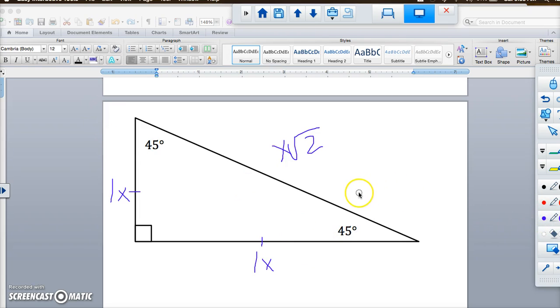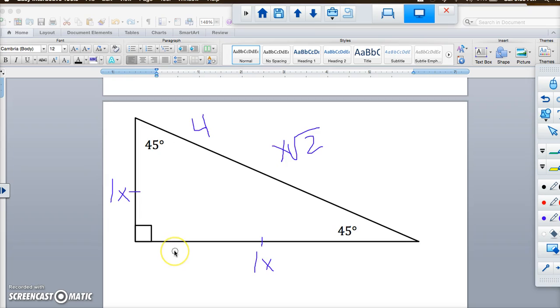If I tell you this side is 5 square root of 2, that's going to make this side 5, and this side 5. And just like with the 30, 60, 90 triangle, if I tell you that this side is 4,